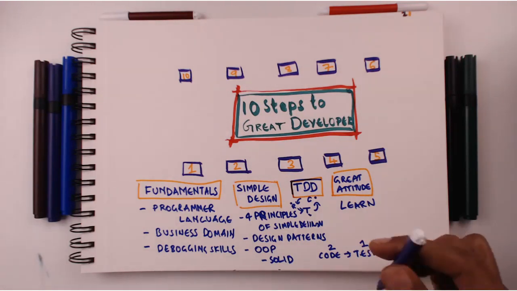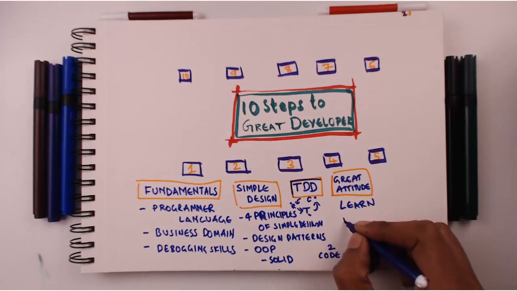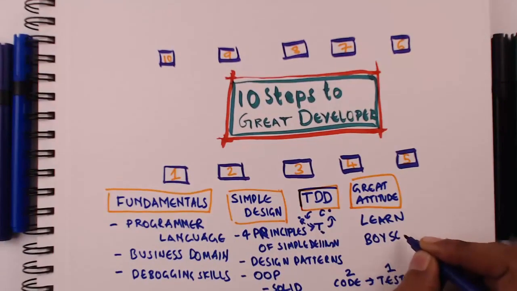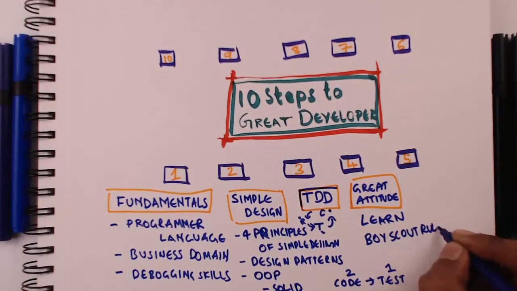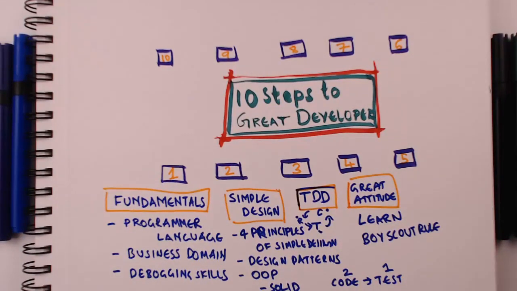The other thing is the attitude to keep improving. In developer terms, we call it the Boy Scout rule. So if you see there is an error somewhere, if you see that some code is not really good, you improve it. The Boy Scout rule is more like you go to a campground, and whenever you go to a campground, you leave it in a better shape than when you first came there. That's the Boy Scout rule. And you apply that to your code, to your design. So you keep identifying things to improve on, and you keep improving your application code, design, and architecture. That's what the Boy Scout rule is all about.